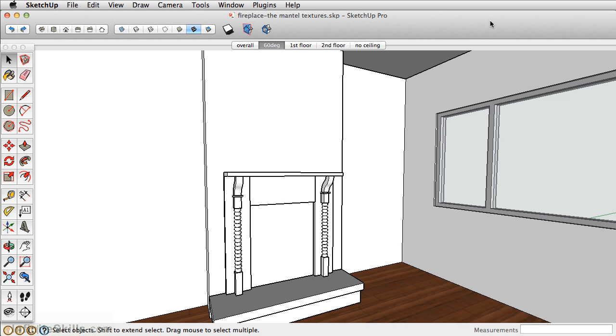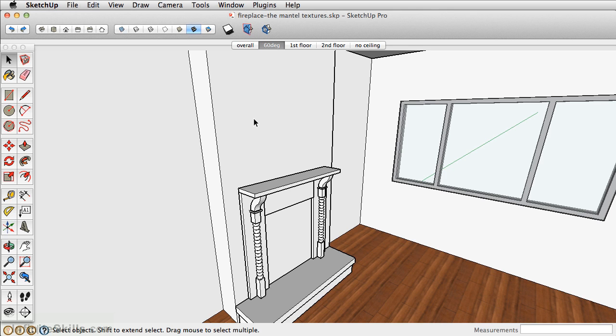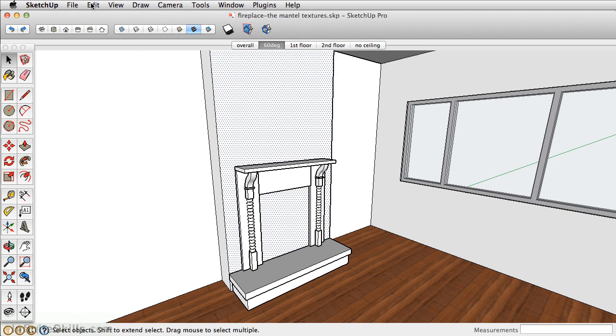In this video, let's apply some textures to bring this fireplace to life. Let's take a look at two images that we have in our folder. One is the tile texture that repeats on the wall, and the other is of the branches that actually close in the fireplace itself. Take the select tool, make sure we can select this face, and go to File, Import,